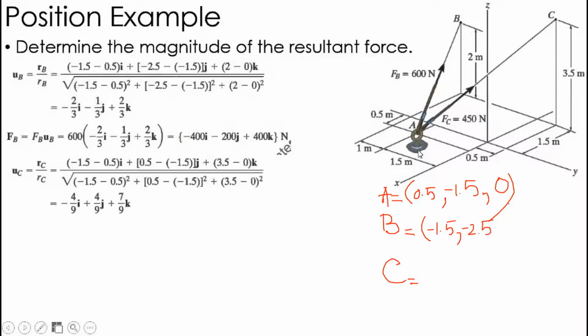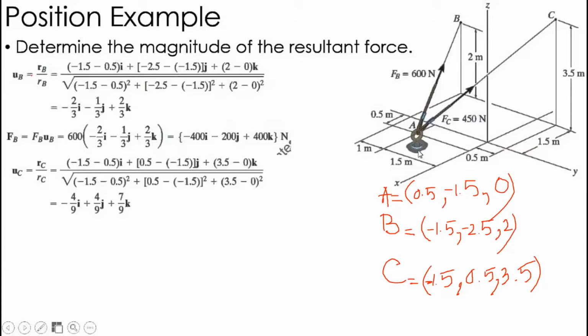And this is raised, so it is positive 1, so this is 2. Now, for point C, what will happen? You have to go there and you are moving on the positive y-axis, so y should be 0.5, and on the x-axis you are parallel to negative, so minus 1.5, and on the z-axis this is positive 3.5. So now let's see what we have to do.